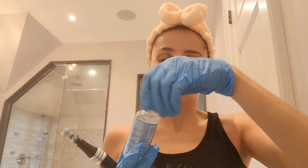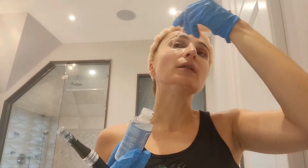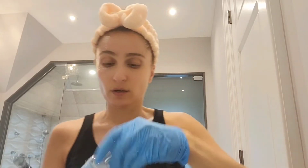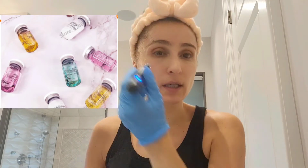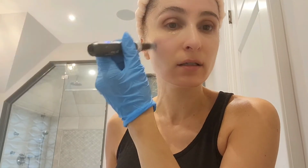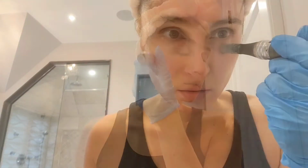So as I mentioned before, you can use different kinds of serums for different needs. Some of them are for acne problems, some have brightening, some have peptides, glow, different kinds of things. Now I'm going under my eye, again in a circular motion. Don't press too hard, I just want to show how I do it. And then a stamping motion